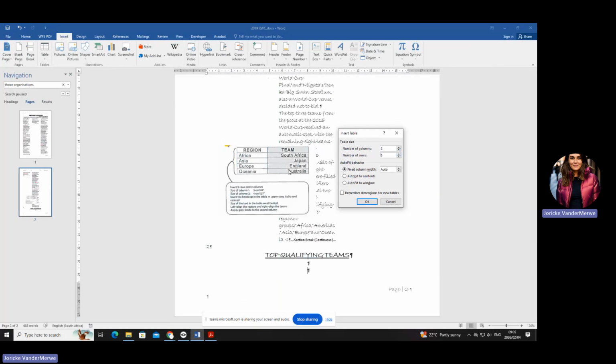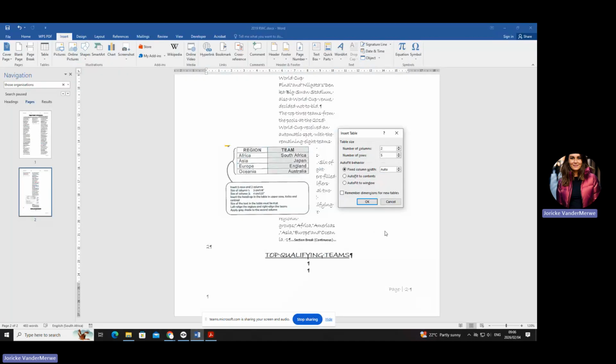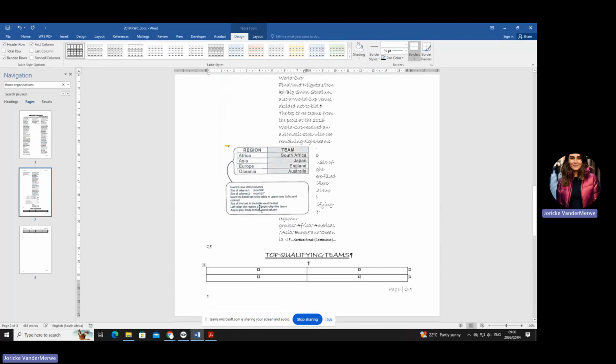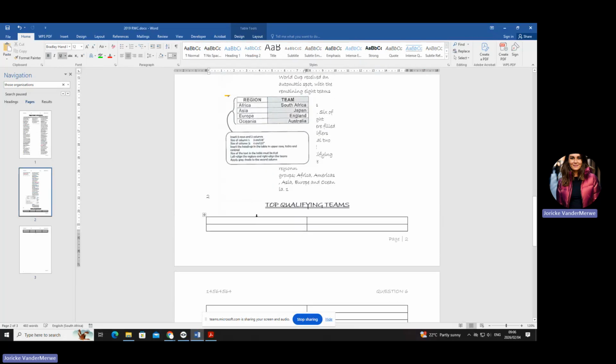Are you with me? Now, if you don't know what vertical and horizontal are, let's quickly look at my hands. Horizontal, vertical. If you're watching the video on YouTube, you'll have to now check. This is horizontal, this is vertical. Okay, don't laugh. There's people that might get confused with this. Okay, let's go on. So I'm going to say, okay. You will see my table goes over to the other side, which is fine. I'll edit it now. The size of column 1 must be 3 centimeters. Now, I'm just going to switch off my paragraph marker so that you have less stuff to look at.